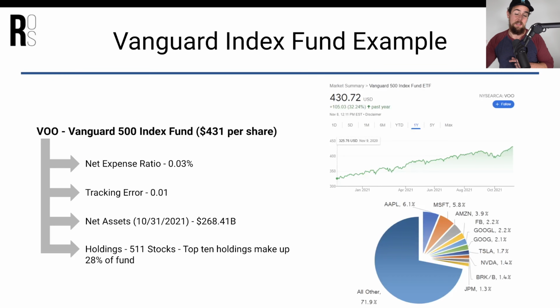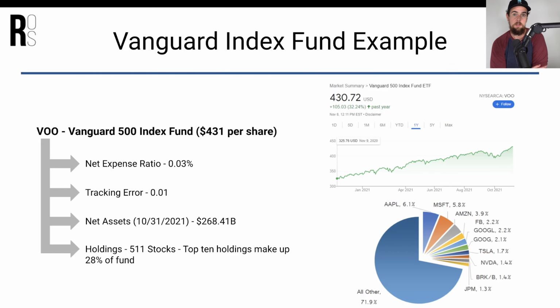So now let's dive into an example here of a Vanguard index fund looking at these specific criteria. And this right here, as we said, is pretty much the most popular one. It is the Vanguard 500 Index Fund ETF, trading under the symbol VOO. So the first thing I want to direct your attention towards is the bottom right, and this shows you exactly what I was talking about earlier. That is the market cap weighted distribution of this fund, and you can see where roughly 30% of this entire fund is in those 10 stocks right there, and the other 70% of the fund is spread across about 490